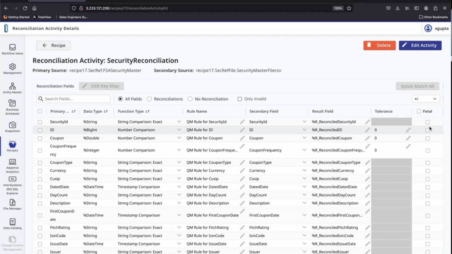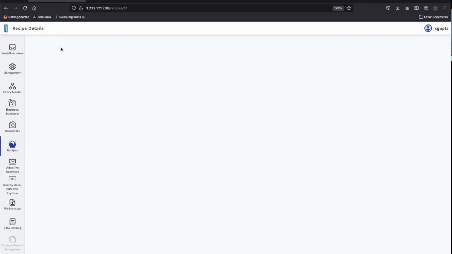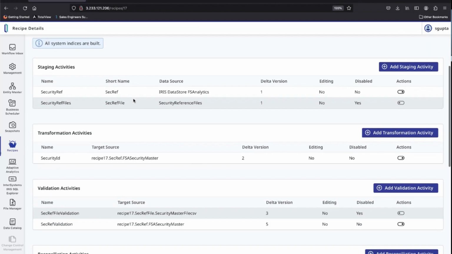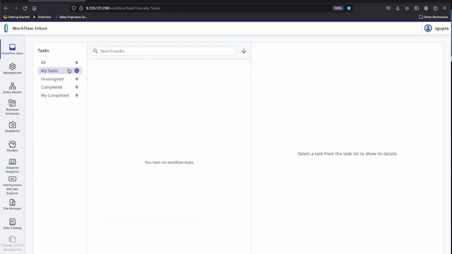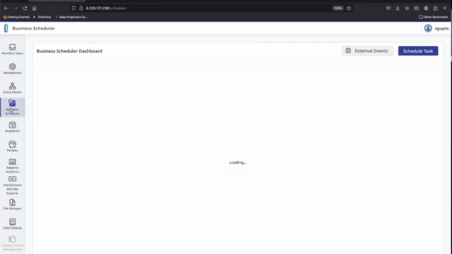Hopefully by the time you've got to this stage and you're using it for your business on a day-to-day basis, you've already sorted out these teething issues, because different data sets have quirks about them, as we all know. And if something did happen, we might then be able to go into the workflow and see if something's gone wrong and check it from there. However, before we go into that,